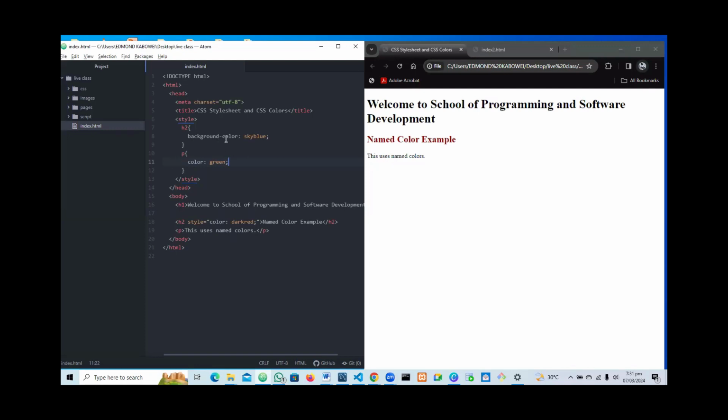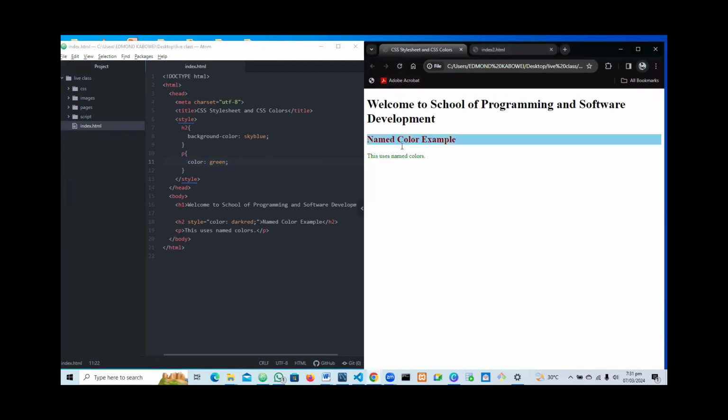Now we have applied the background color to the H2, and also a text color to the paragraph. Now if we refresh our page, we're going to see that the styles have been applied to the elements which we have specified in the embedded style sheet. So this is how you style your elements in the head area using the style elements and specifying the exact elements that you want to apply